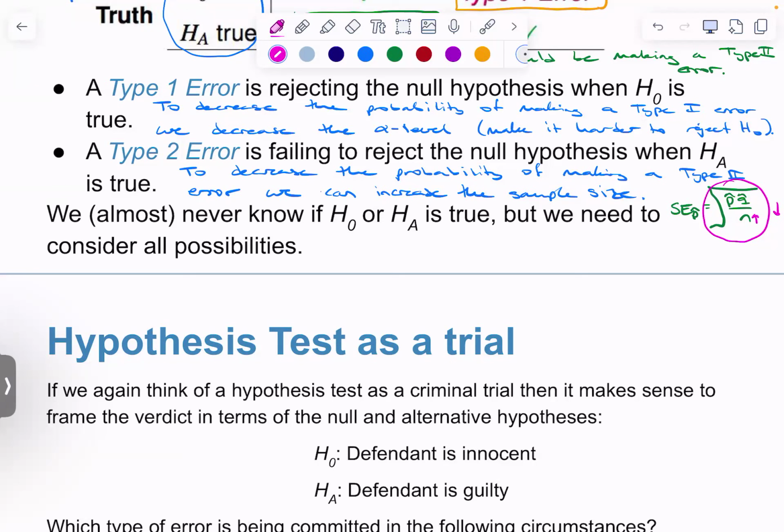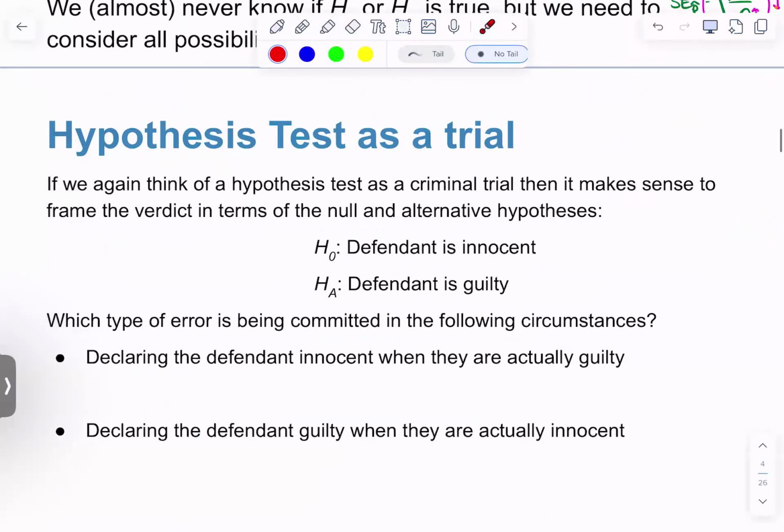Textbooks love using the trial scenario, right? So in a court system, if we think of a hypothesis test as a criminal trial, then we can frame the verdict in terms of the null and alternative hypotheses. So the null hypothesis can be that the defendant is innocent. We have to assume they're innocent until we are able to prove that they're guilty, right? We assume innocent until proven guilty,